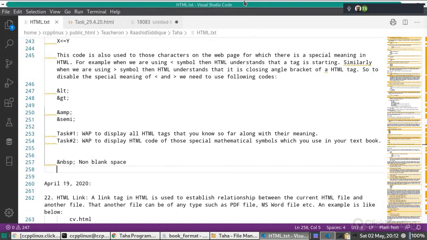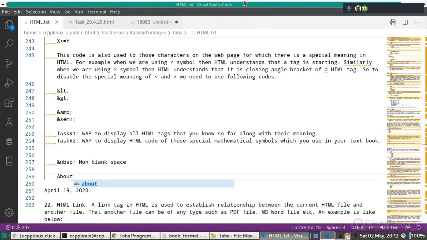For example, if I'm writing here about, and then suppose I want to put multiple spaces. So what we need to do is just copy this from here. At this moment, later we will do it with the help of table tag or div tag, that is a different thing. But at this moment, we will use only this one. Suppose we want to put this, so what it will do is create this much of a space. Means 1, 2, 3, 4, 5, and 6 spaces.